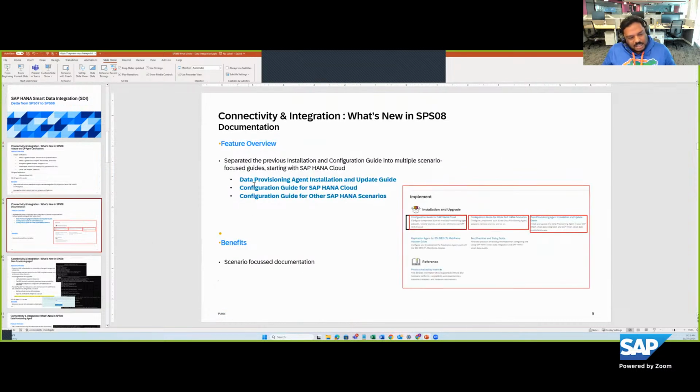The next enhancement is a minor enhancement. We heard our customers, and customers have raised some concerns about documentation not being clear for different deployments, because in the past we always had one set of documentation, which is a configuration guide for both HANA Cloud and HANA on-premise. That created some confusion. So we have now separated the documentation to be more scenario-focused. As you can see on the screen, we separated the